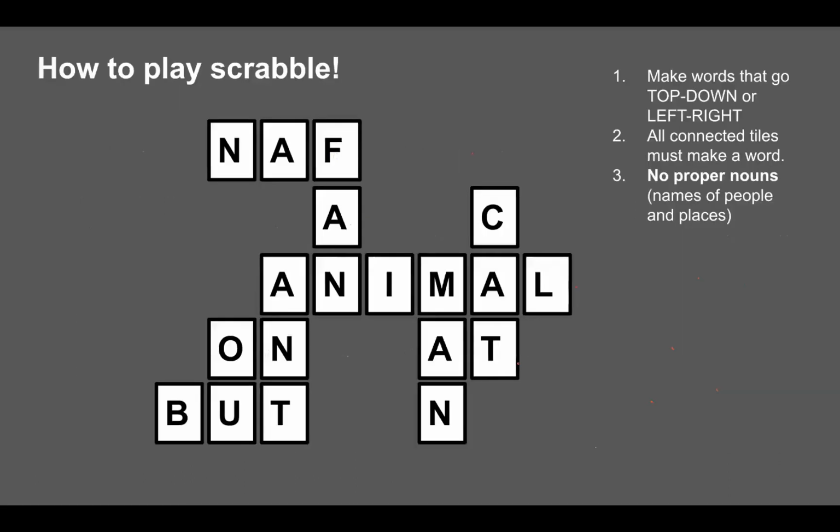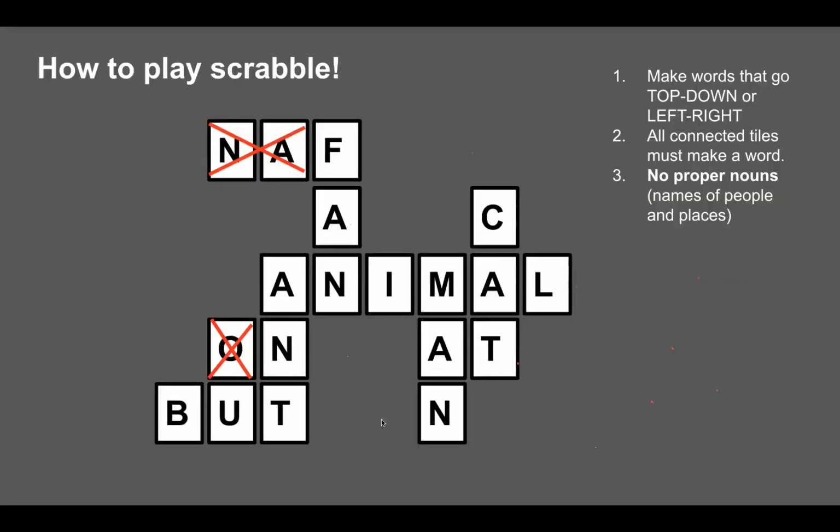So how do you play? Well, you have to make words, but what do we have here? We have fan going down, but we have fan going backwards. So we cannot do backwards words. We can only go top down and right to left. We also have the situation where all of the letters that touch, they need to make words. So on is a word, but O is not a word unless we're speaking French, but we are not speaking French. So in this case, the only words that work, we have fan and we have fan, animal, cat, man, ant, but